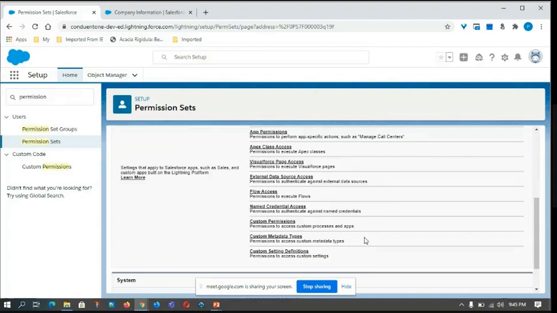Sir, I have a doubt. When should we assign a user to a particular permission set, and when should we go for assignment of a permission set group? What is the main difference in the assignment context? Okay. Praveen, do you want to go ahead? I can go with it. Yeah, you can go.